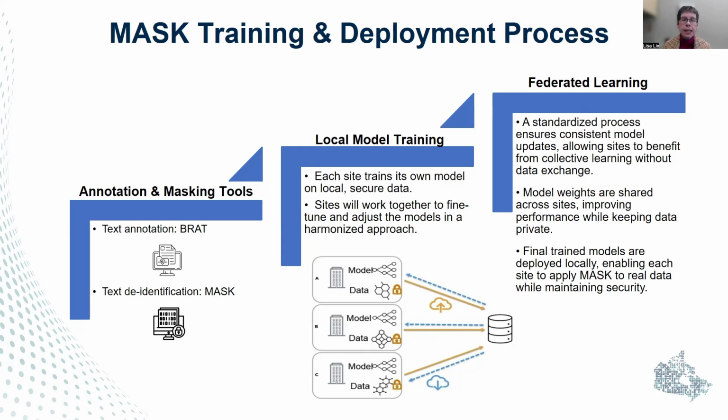So our goal is that at each of the sites we will train this AI-based model using our own data, understanding that there is heterogeneity in the types of data that we're working with and even the types of identifiers that may exist. So we will train our own models on our local line level data, but we'll work together in terms of the approaches that we might use to fine tune and adjust the models in a way that we hope is harmonized across the sites. And then comes the federated learning, where we take the individual results from the model